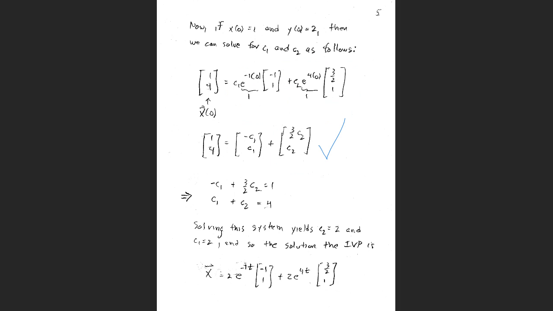if the vector (1, 4) equals the sum of these two vectors, then this leads us to these two equations. And we can solve those two equations easily, when you know how to solve systems of equations. It comes up in partial fractions all the time. So C2 will equal 2, C1 will also equal 2, and so then the solution to the IVP, what does IVP